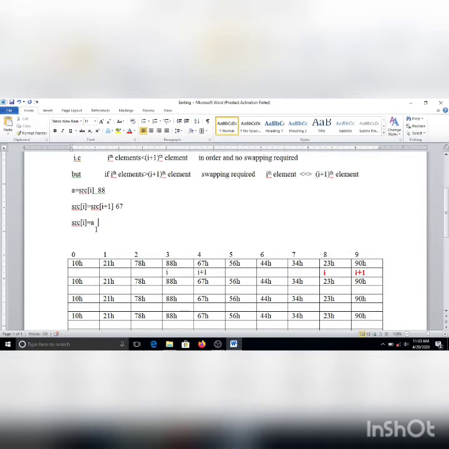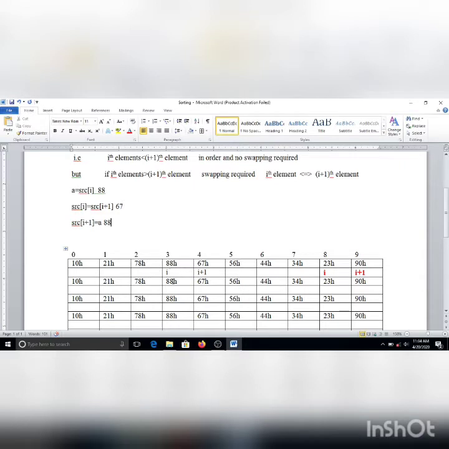Wait, I am getting something wrong somewhere. Plus 1, yes, here I am getting it wrong. Source of I will get 88, and source of I plus 1 will get 67. Here plus 1 is required, right? 88 is passed to the next location.